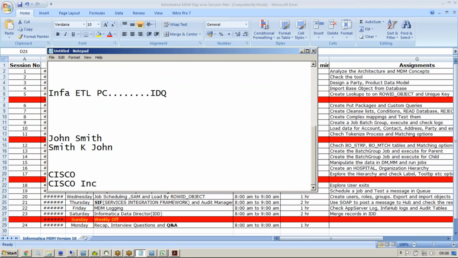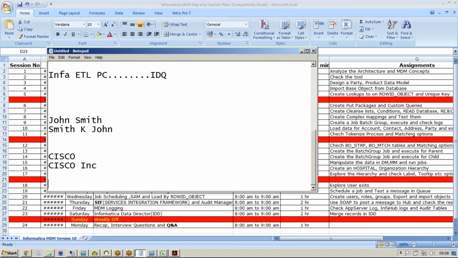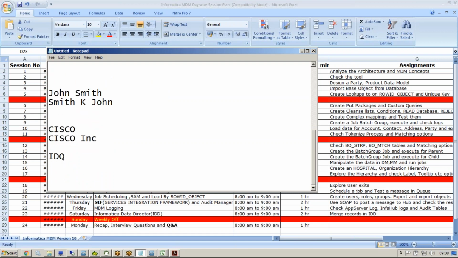That's the first thing. Now, that thing can be done using IDQ. This matching is something that can be done using IDQ. So if you have a question like, can I use ETL plus IDQ to create something like an MDM software? Now, that can be a valid question, right? And the answer is yes, you can do it. But see, try to understand that